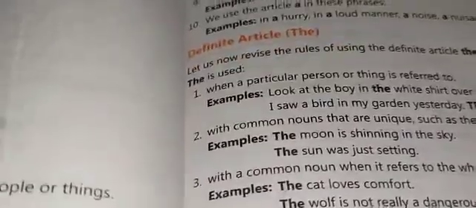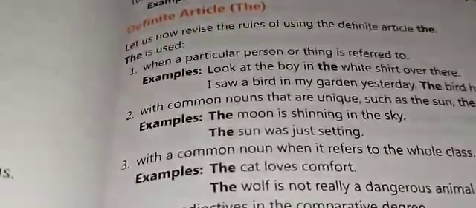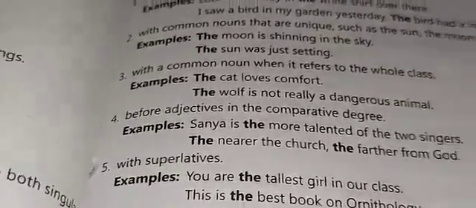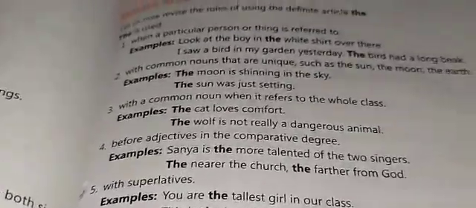Definite article. Let us now revise the rules of using the definite article the. The is used when a particular person or thing is referred to, with common nouns that are unique, such as the sun, the earth, with a common noun when it refers to the whole class, with superlative degrees, before the